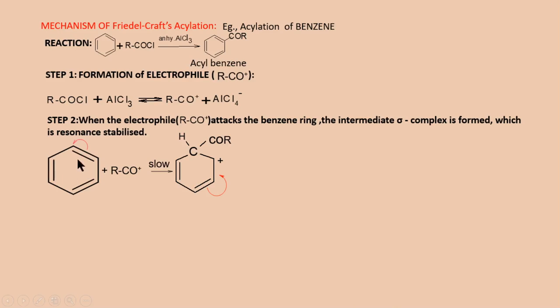So the first resonating structure, since it becomes electron rich, this will become electron deficient, so that will carry positive charge. Then this bond is shifted here, so that it will give you next structure. Between the two structures we have to represent it by double headed arrow. So this bond is shifted like this.